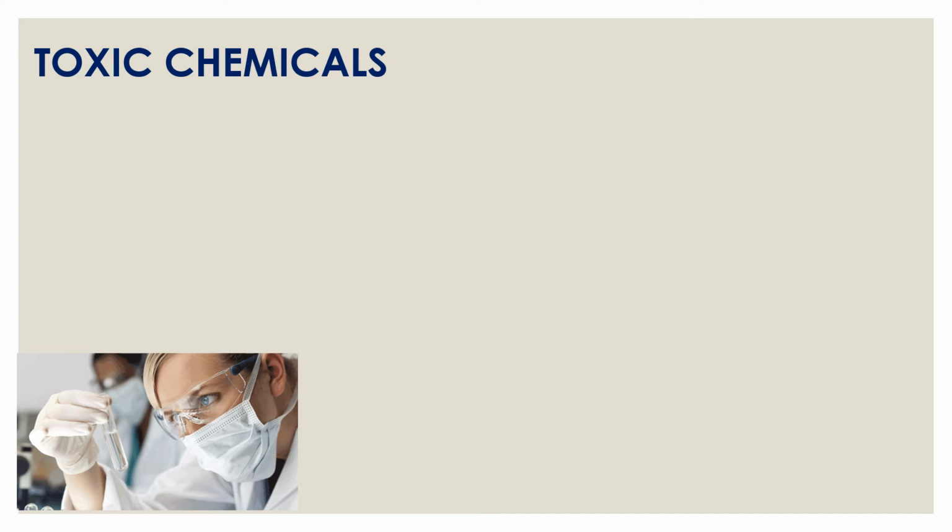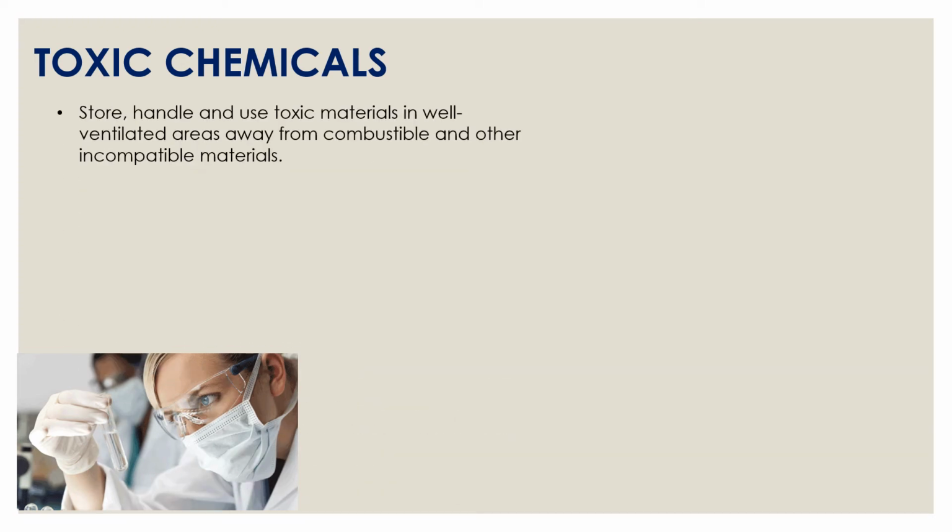Sometimes some of the chemicals that we use in the laboratories or even at workplaces are toxic in nature. These chemicals are hazardous to the health and can cause illness and even injury if they are not handled properly. So it is very important that before the employees start using these chemicals, they are familiar with its potential hazard and how to protect themselves and be aware of the procedure to follow if an accident takes place. Some of the safety things we have to keep in mind when dealing with these chemicals are to store and handle them in a well-ventilated area.